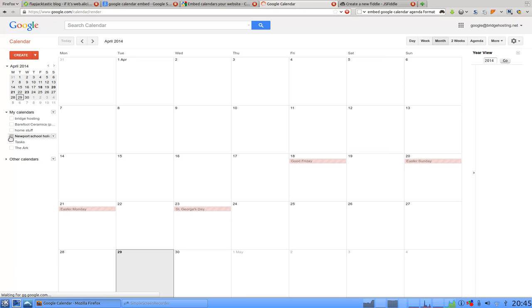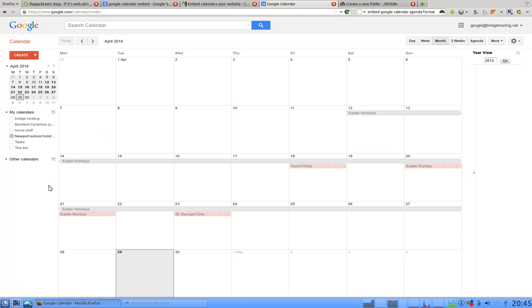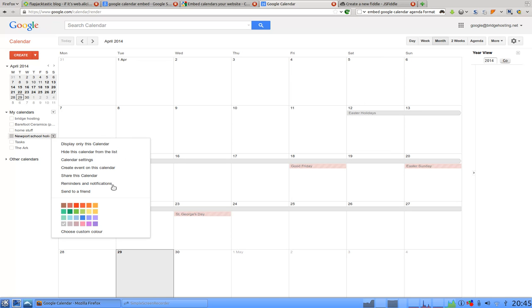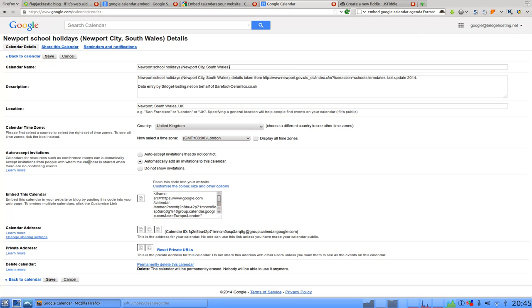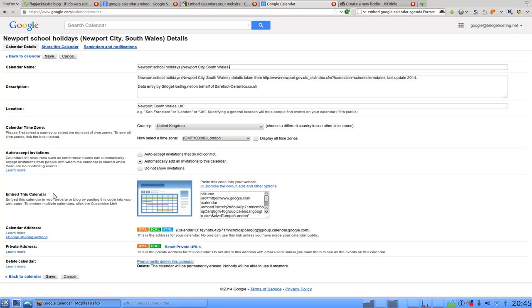Here I've got one calendar showing. I can switch the calendar on or off, just using the button at the end there. Here's a drop down for the particular calendar. Click the drop down, gives me some options, including what colour scheme to use to show it. If I go to the calendar settings,